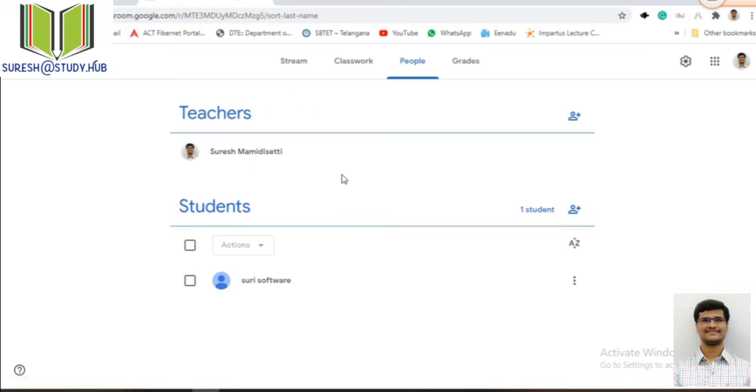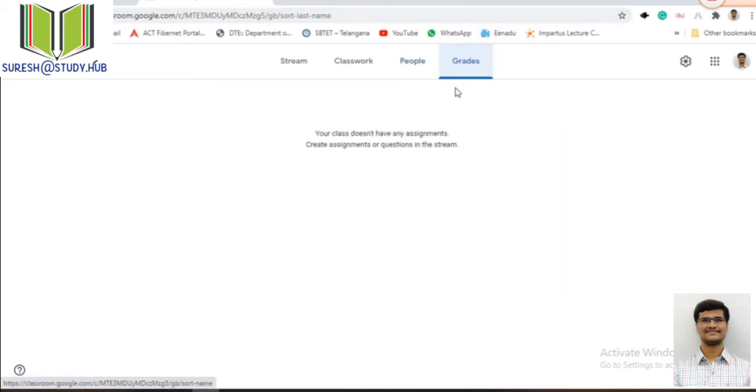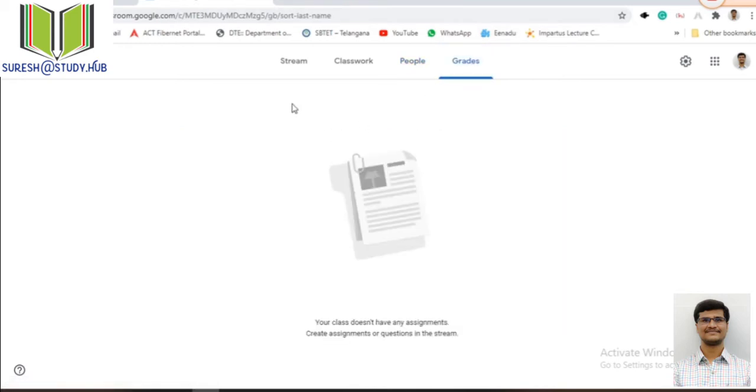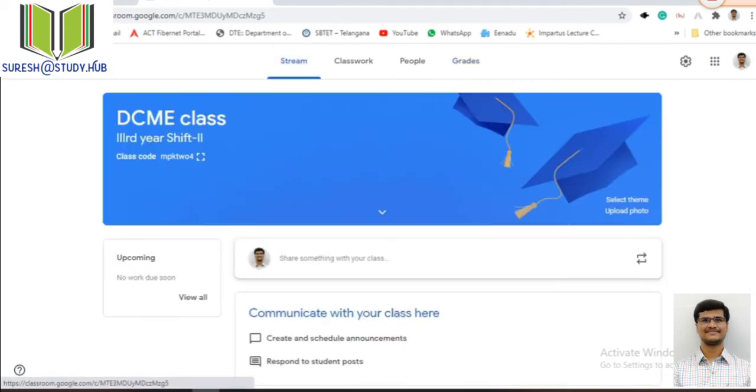And people: within people we can see the teachers, we can add some more teachers to this class, or you can add students to this class. As one student has already joined the class, it is showing only one student. And grades: once I give some assignments to the students, I can assess them using these grades. We will see in detail.